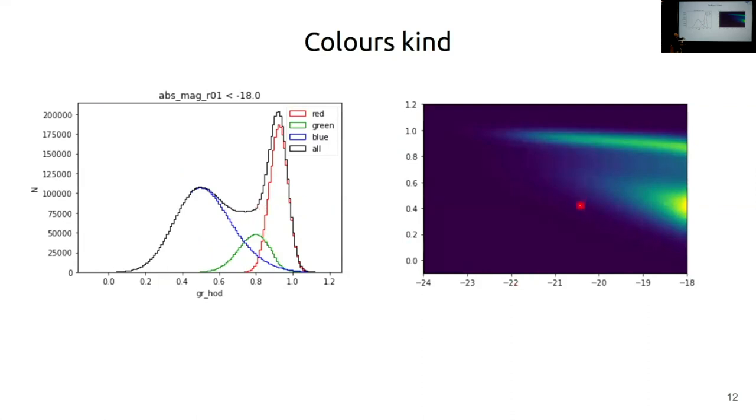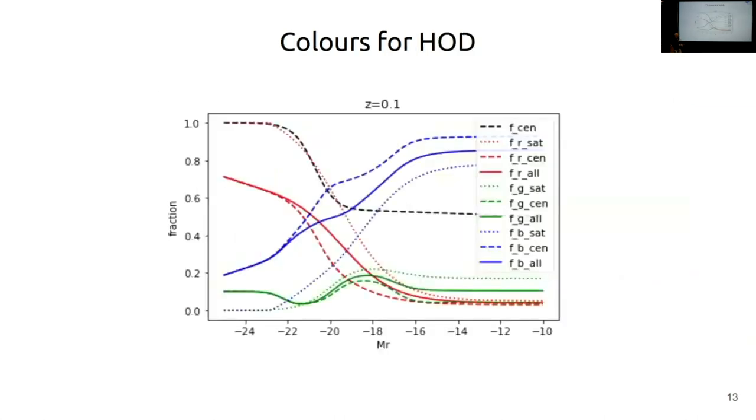This is a color magnitude diagram. This is just integrating up to -18, so it's integrating on that axis. Basically, we have 3 populations: red things, blue things, and things in between. And we work with that. And this is the money plot, where there's a lot of information that is important on how the resulting clustering behaves as a function of color.